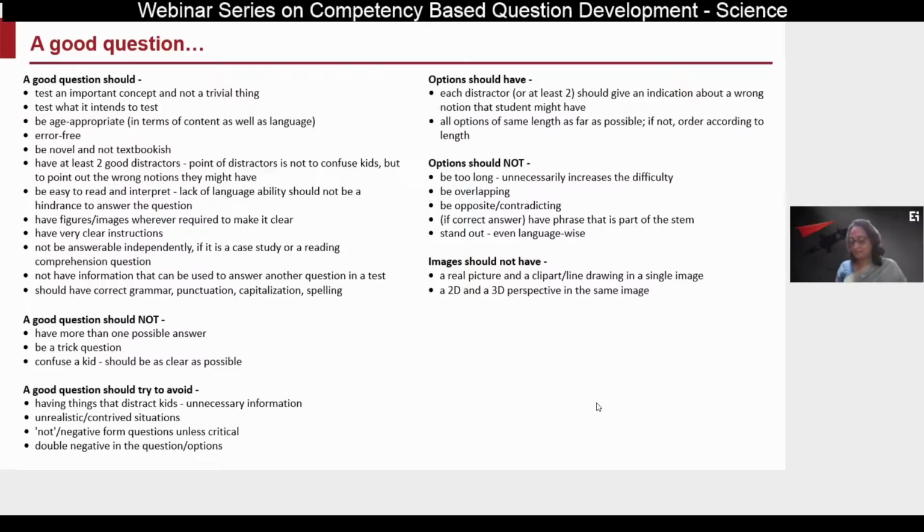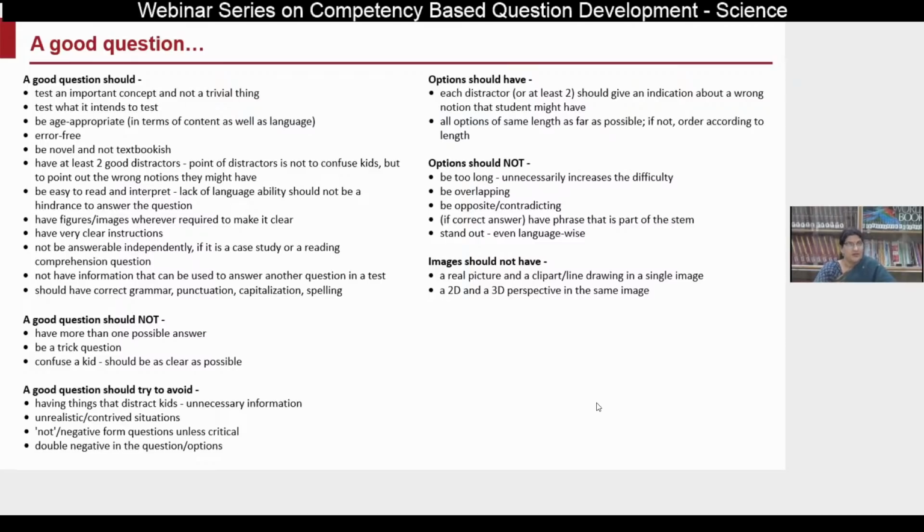I look at today's webinar as an opportunity to start a discussion and reflection on what competency-based education means for us as teachers and educators, and how we should align our questions for competency-based education. Slowly we need to move away from rote memorization and focus more on skills which are important for our subject, be it the science process skills, be it the skills of designing an experimental situation, or whatever we consider from the perspective of a particular discipline.